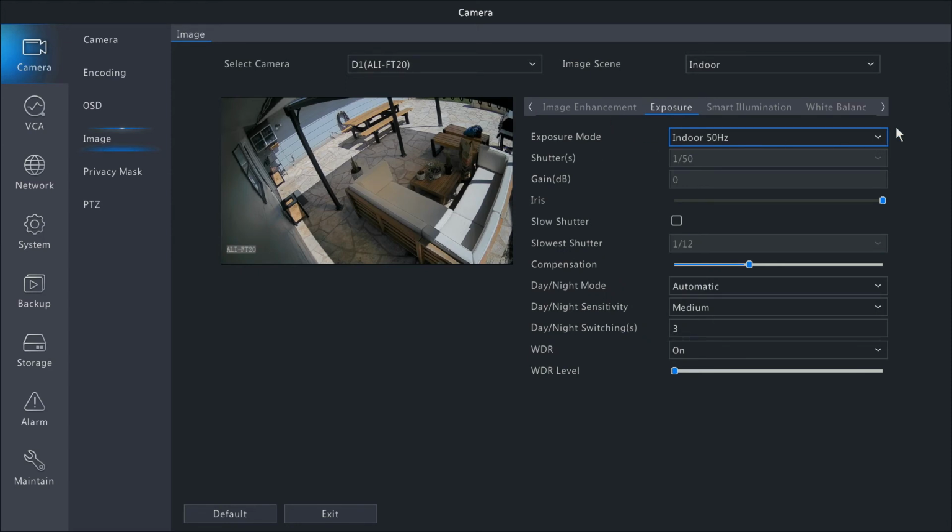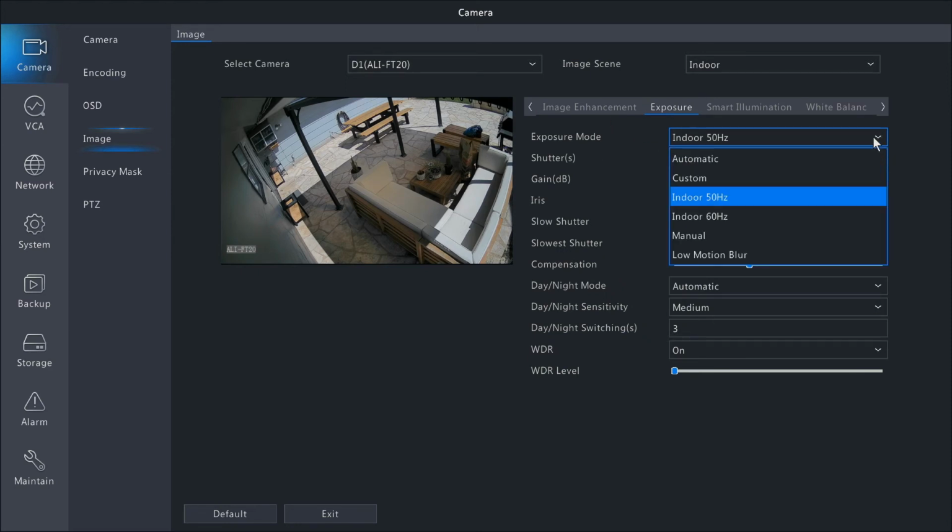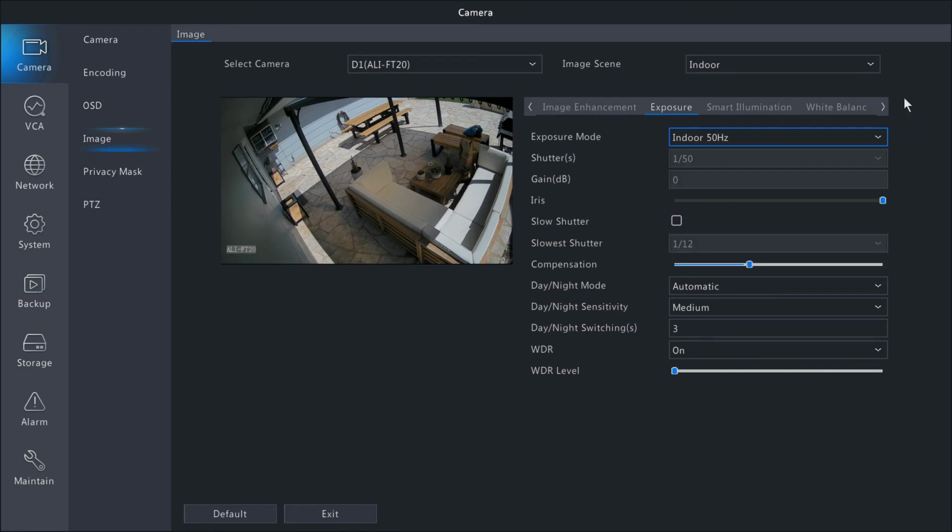Exposure here is going to give you some more options on some presets. If you do see any kind of LED flickering, I would recommend switching between 50 and 60 Hertz to see which one will reduce that flickering or actually remove it altogether. Compensation is the actual amount of changes that it will apply. So let's say you set your parameters, and if you increase this, it will increase the parameters. See how it got brighter there